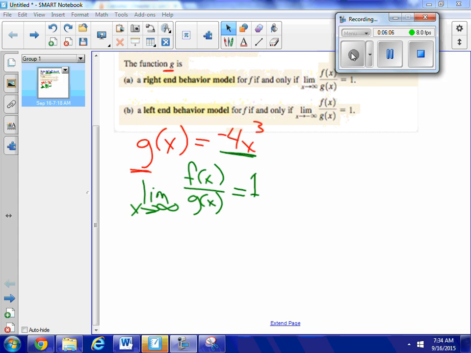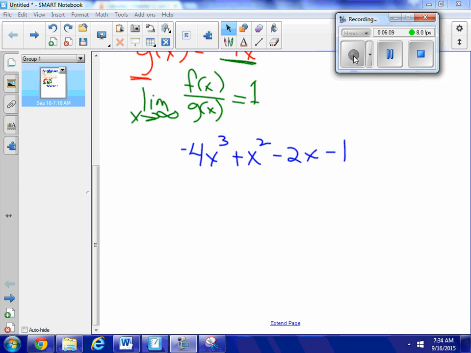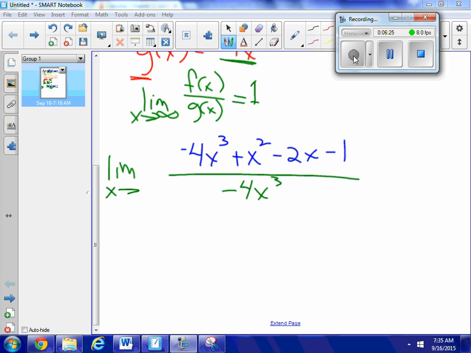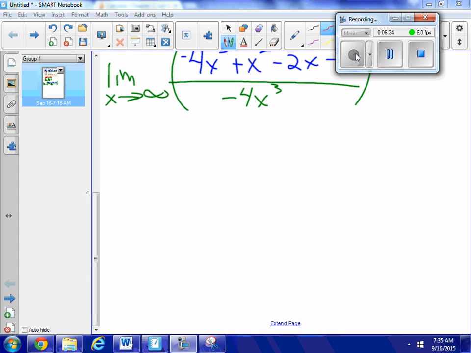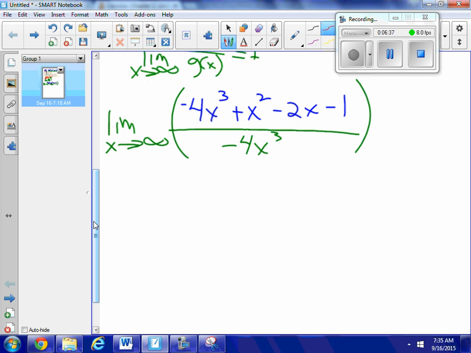Okay. So I rewrote f of x. Now I'm going to write g of x. I'm going to divide it by g of x, negative 4x cubed. And I want to take the limit as x approaches infinity of this right here. Well, I'm going to work on simplifying this function a little bit. I'm going to say, okay, I want the limit as x approaches infinity of